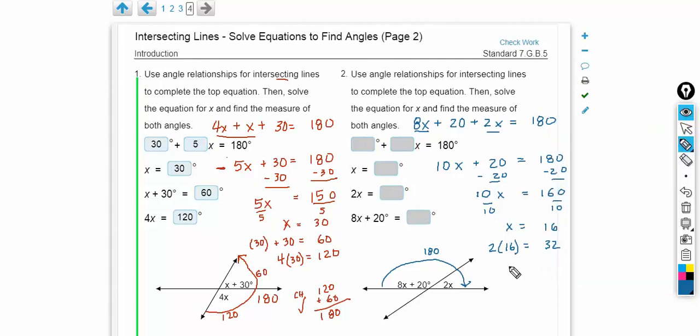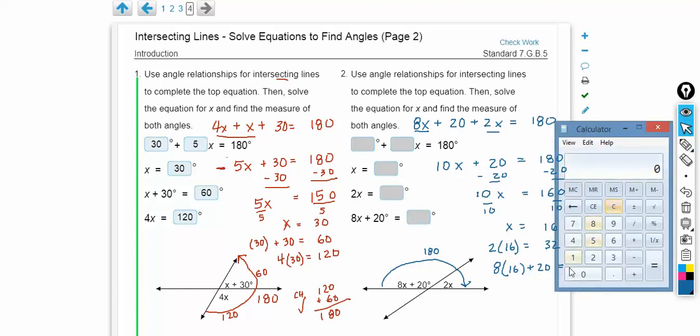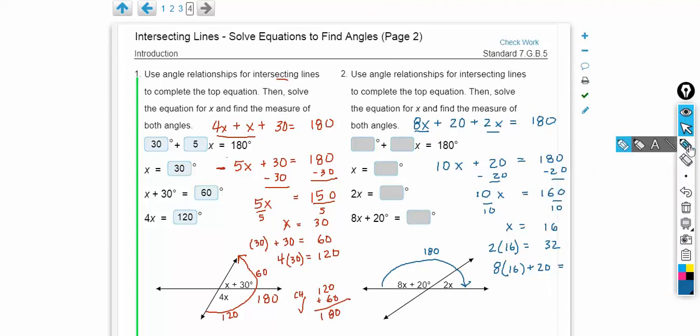And here we're going to substitute 8 times 16 plus 20. Clear. 16 times 8 plus 20 equals 148. So this is 148,